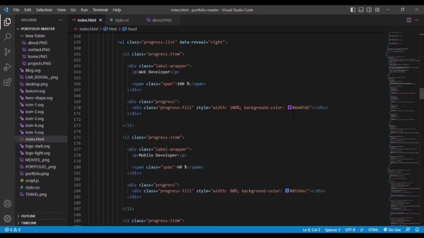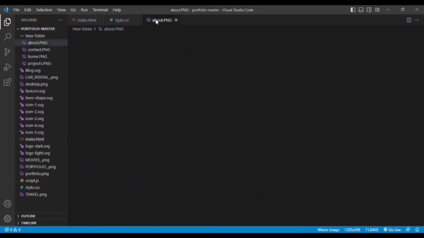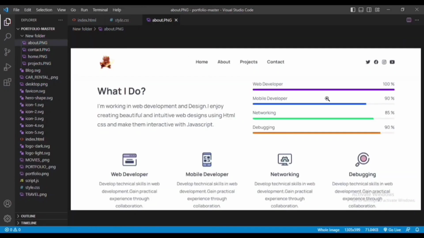You can see in the same color we have this value, that is the progress bar, that spreads across the entire progress div, and we are showcasing that it is 100%. So in a similar way,